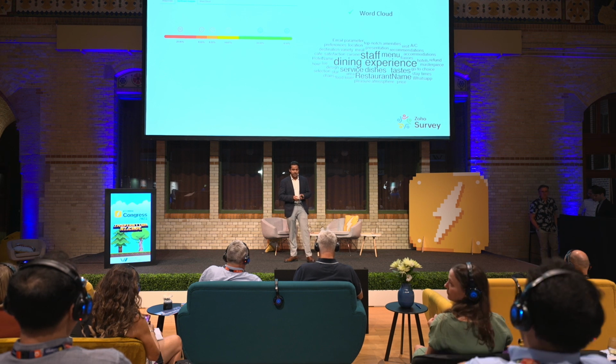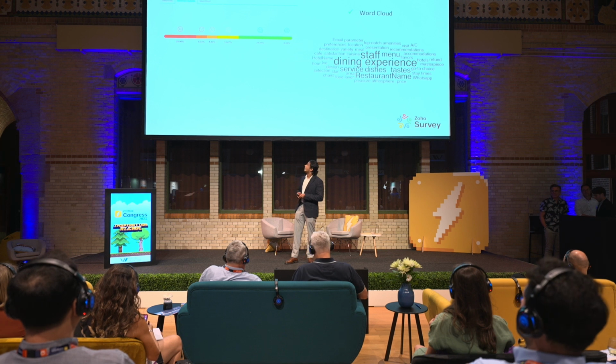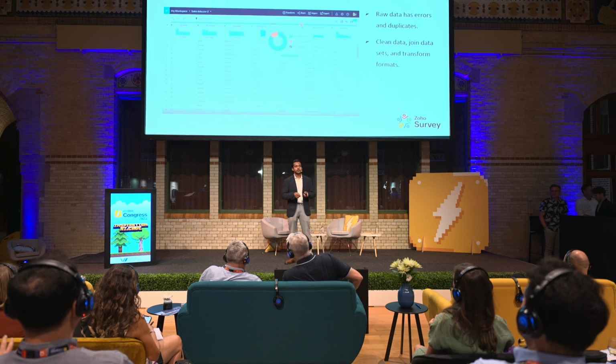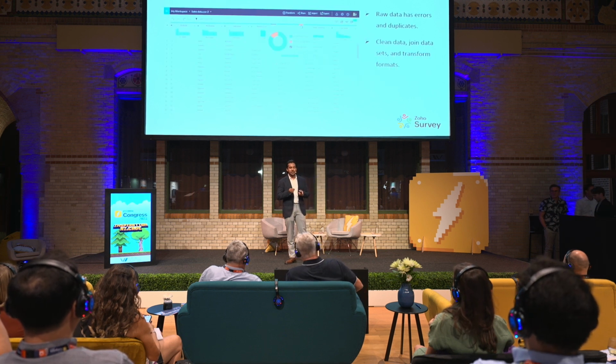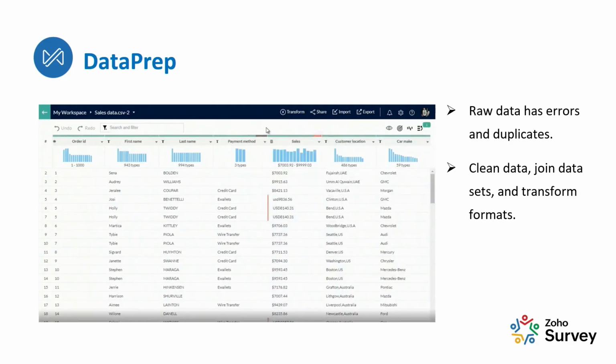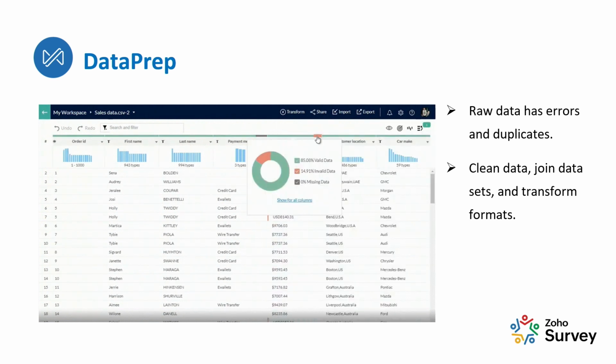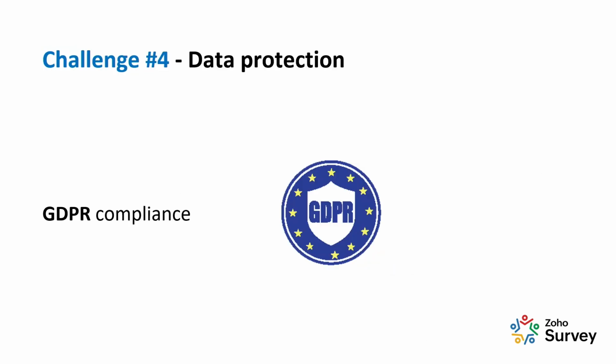But again, this might not be enough. You see, survey data often comes in piles. And before you can start visualizing it, before you can start analyzing it, you need to cleanse it. And that is when our big brothers step in, Zoho's very own DataPrep and Zoho Analytics. DataPrep will help you cleanse and organize your data. Once that is done, it is ready to be pushed to Zoho Analytics,